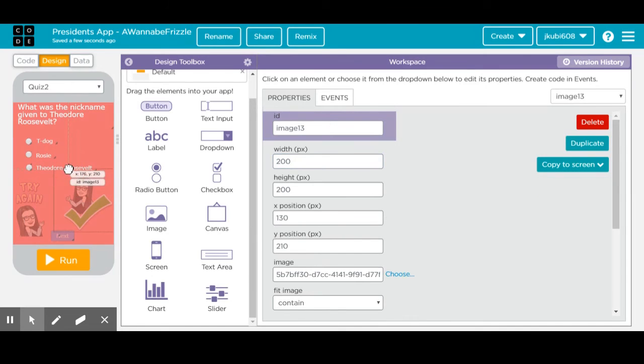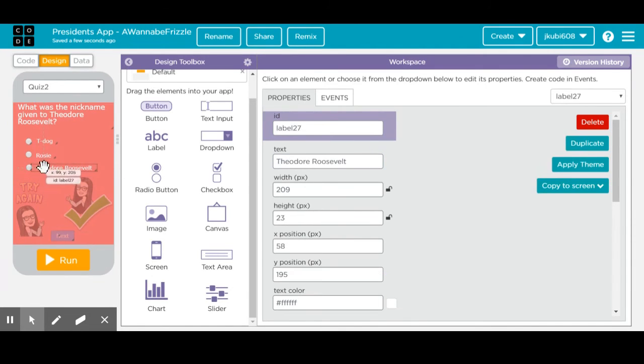Roosevelt, get it, Rosie? But in actuality, it was Teddy. All right, and so we'll code that so that Teddy's the correct answer and things appear when you click on that, and the try again appears for T-Dog and Rosie. So you continue on making these quizzes in the same way you did the others,